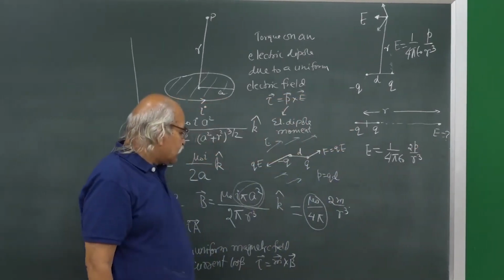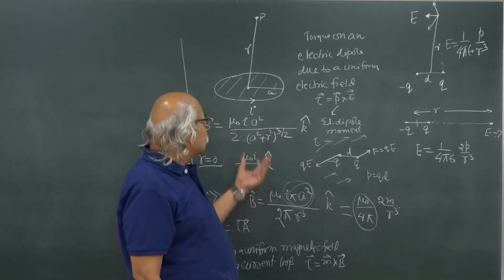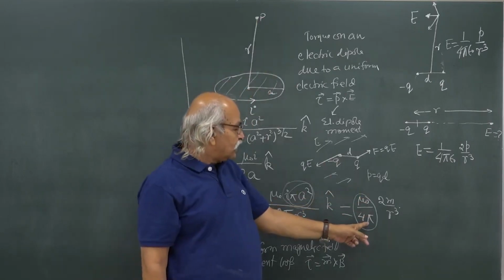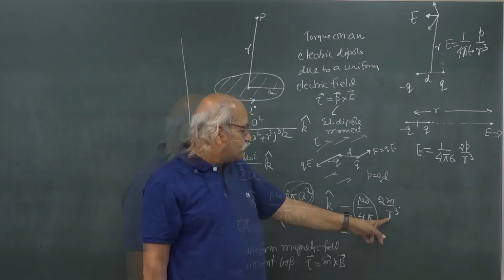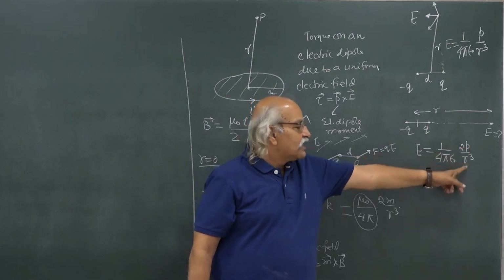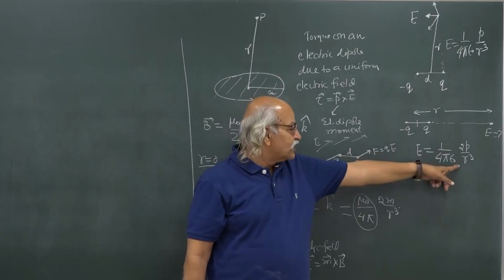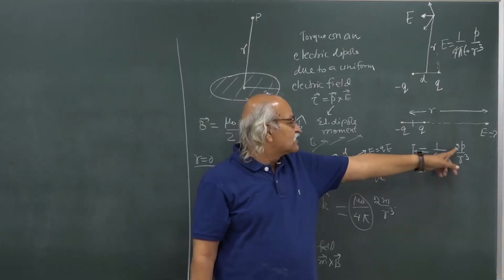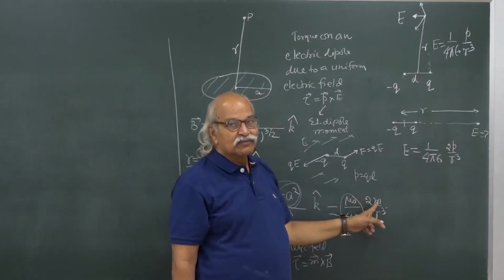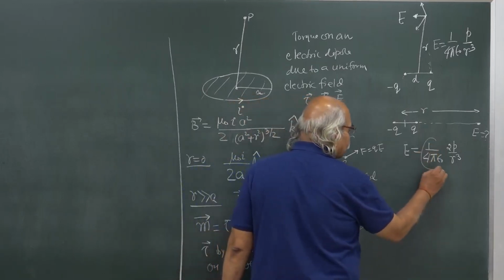Now, if you compare this expression, the magnetic field due to a current loop on its axis is mu naught by 4 pi 2m by r cube, and here it is 1 by 4 pi epsilon naught 2p by r cube. So, this varies as 1 by r cube, this also varies as 1 by r cube. Here you have 2 times the electric dipole moment, here you have 2 times the magnetic dipole moment, and this quantity mu naught by 4 pi and this 1 by 4 pi epsilon naught,